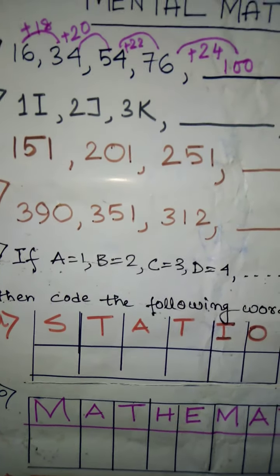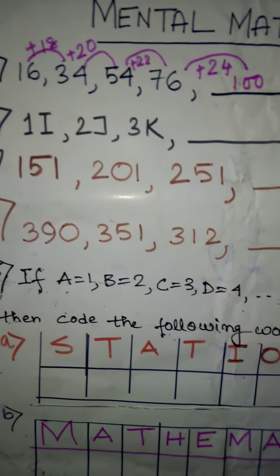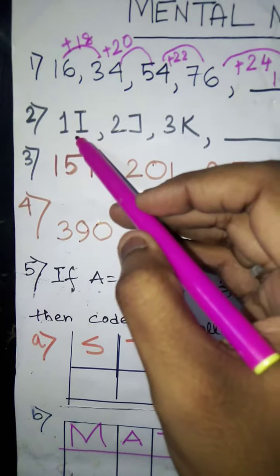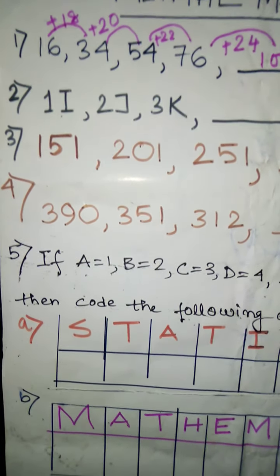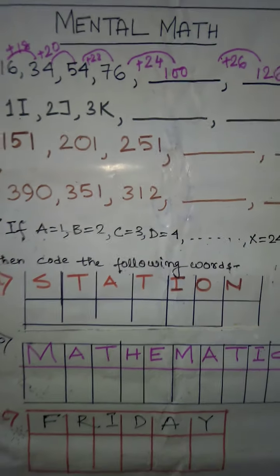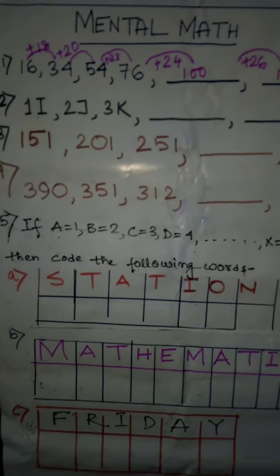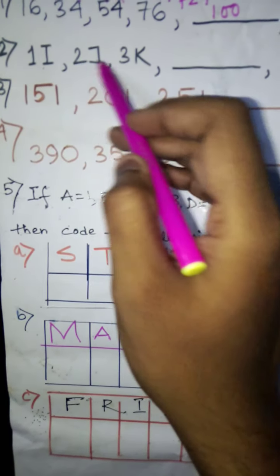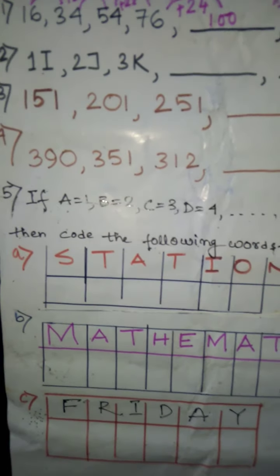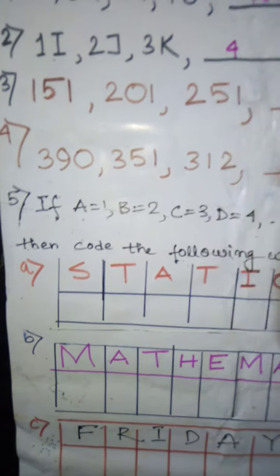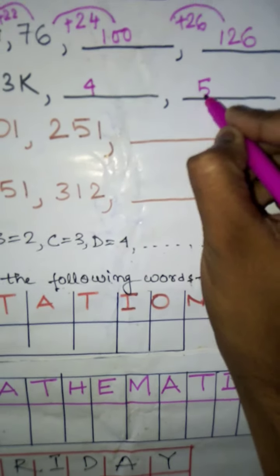Here as you can see, it's written that 1i, 2j, 3k. So you can see that there is a mix of both numbers and alphabets in block letters or capital letters. When you come across such types of sums, what do you need to do? First you understand how they are either increasing or decreasing. We can see that the numbers are increasing serially, 1, 2, 3, then 4, 5. In this way they will increase. So for this we put 4 over here, and in the next blank we put 5.